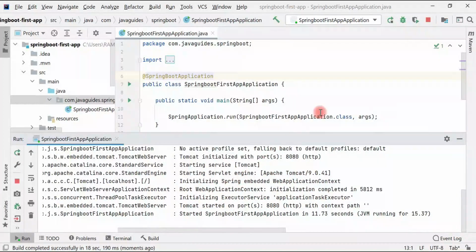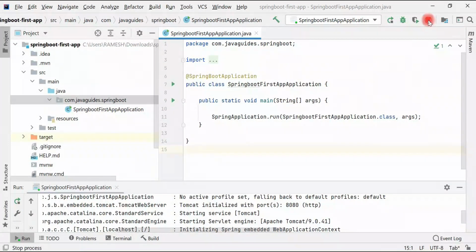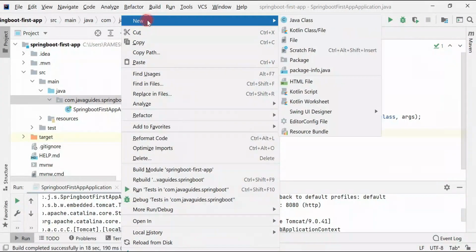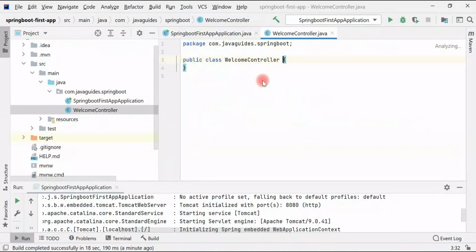Alright guys, so now let's go ahead and create a simple REST API. Let me stop the server first. So first create a class, right click new, and then choose Java class, and let's give the class name as something like WelcomeController. Hit enter. Let's annotate this class with @RestController annotation,